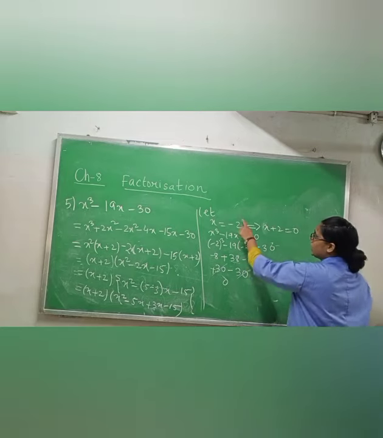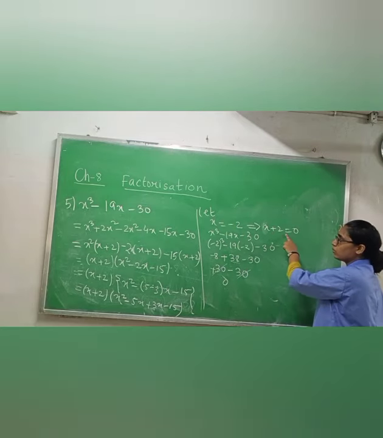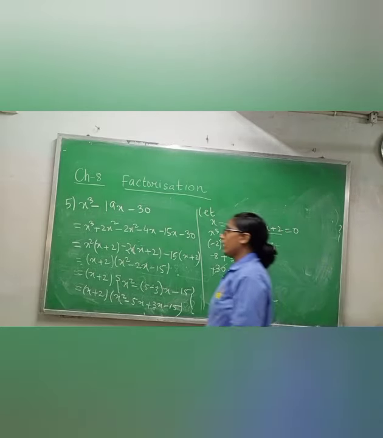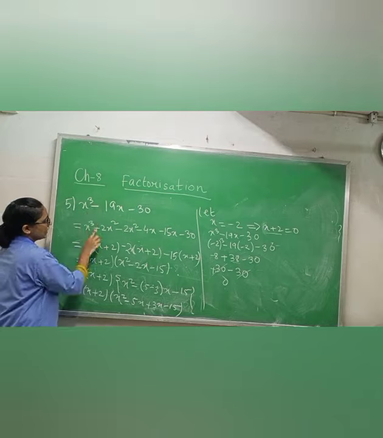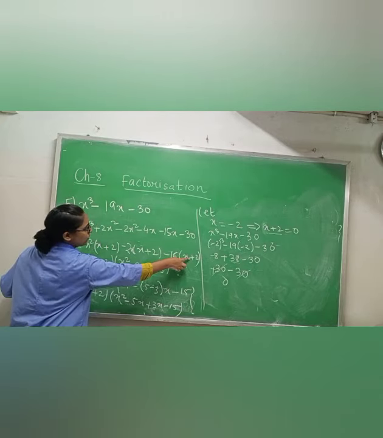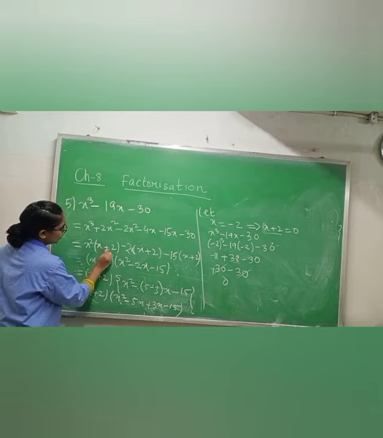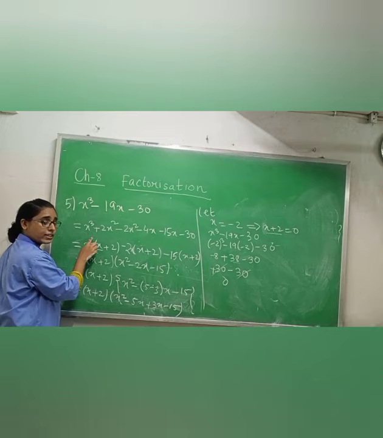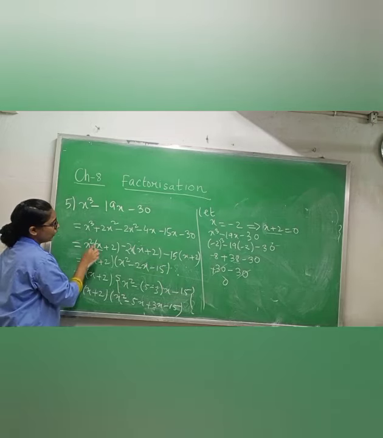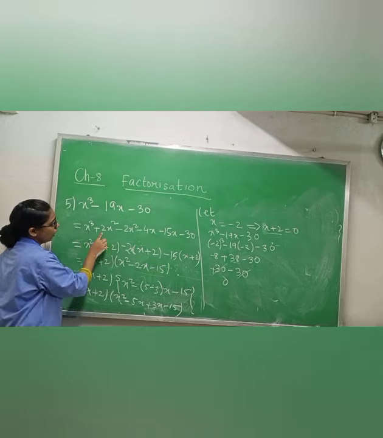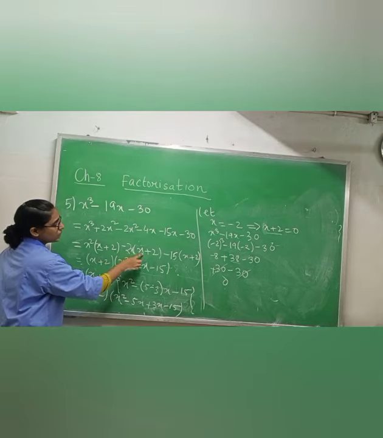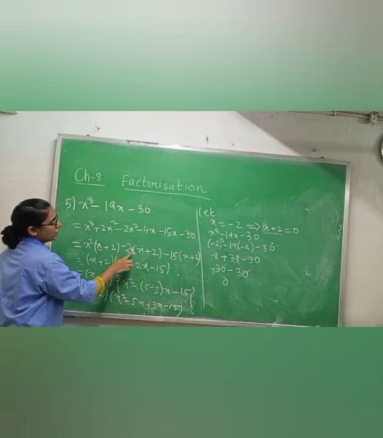It means when you take minus 2 to this side, it will become plus 2. Means x plus 2 equals 0. It means x plus 2 you will take. Okay, so I am writing in the third line, x plus 2, x plus 2, x plus 2 3 times. Then with x plus 2, you have only x here, but you need x cube, means you have to multiply with x square. So that is why I am multiplying x square into x, x cube, x square into 2, 2x square. But we don't need plus 2x square because there is no term of x square. So I have to subtract, and since we have x here, we have to multiply with 2x only.